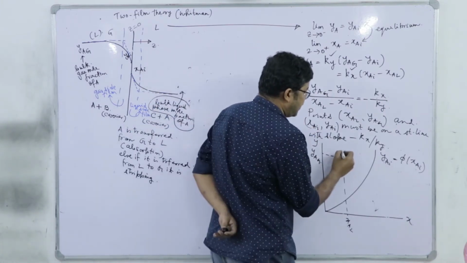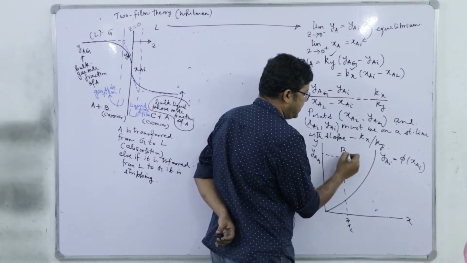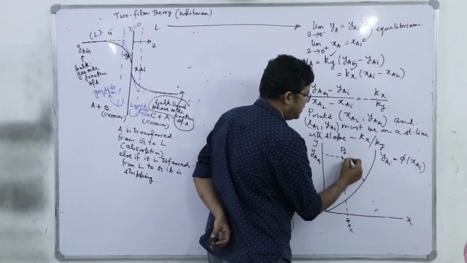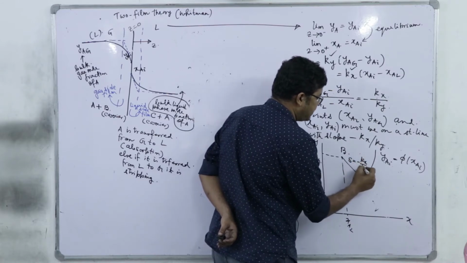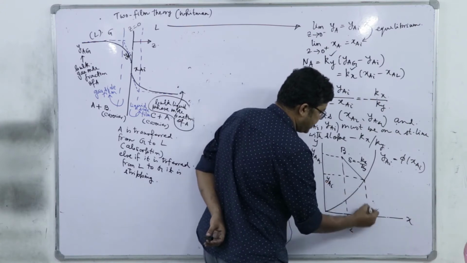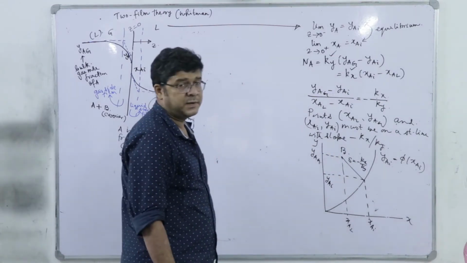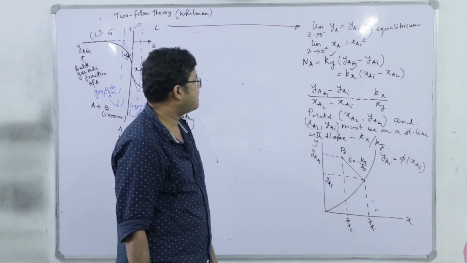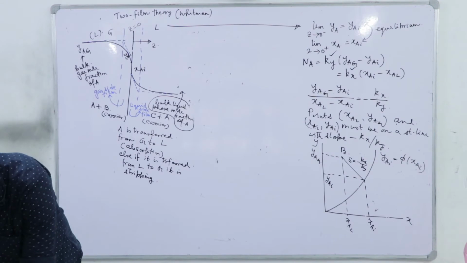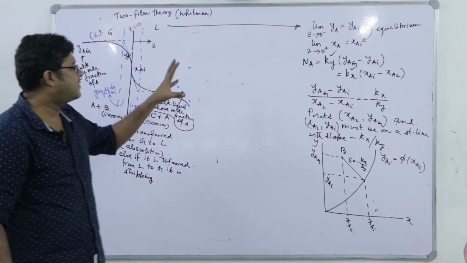From this point, which represents the bulk phase concentration, let's call it point B, if we drop a straight line with slope equal to minus kx by ky, it will intersect the equilibrium line at yai, xai, because the interface must be at equilibrium. Right? So, with that basic understanding of how to determine the interfacial concentration,